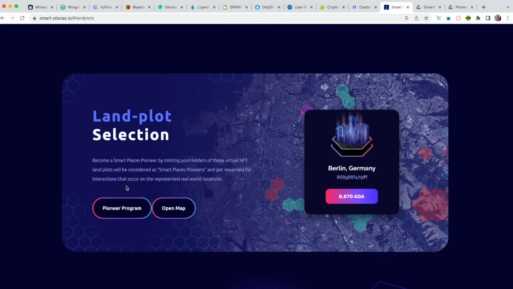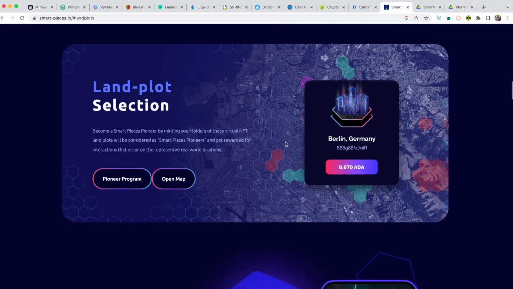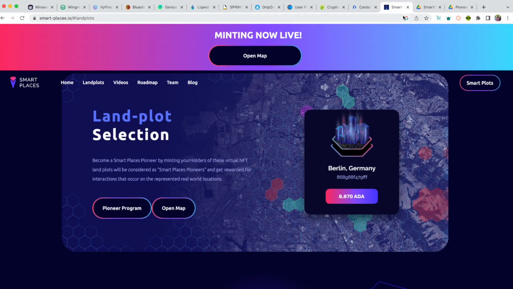Get rewarded for interactions that occur on the represented real-world locations. So here's the deal. If you click this button, boop, I've already clicked it. We got it open. And it's going to be over here, and we're going to check that out. Okay, let's actually continue through the website, and then we'll go into their Litepaper, which I have right here, and we